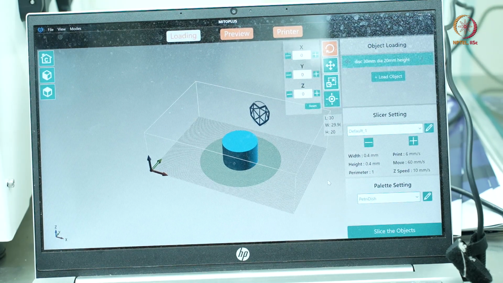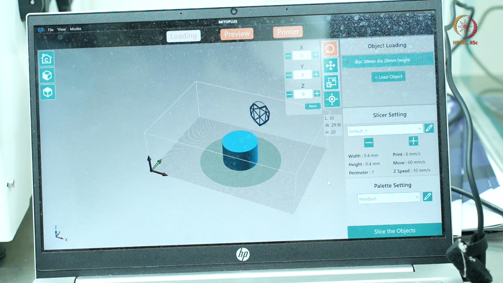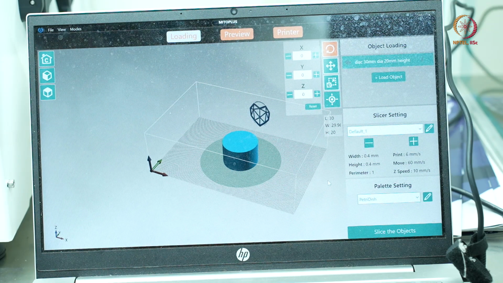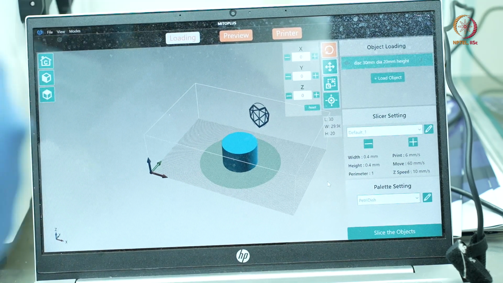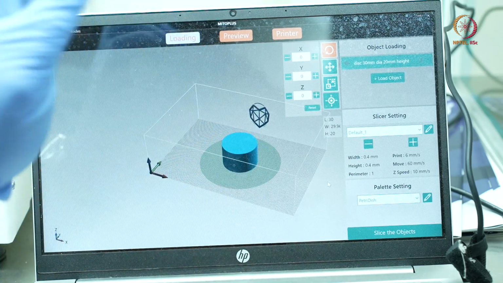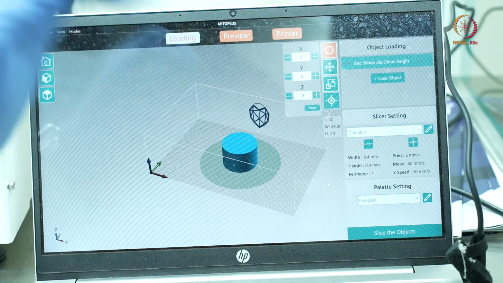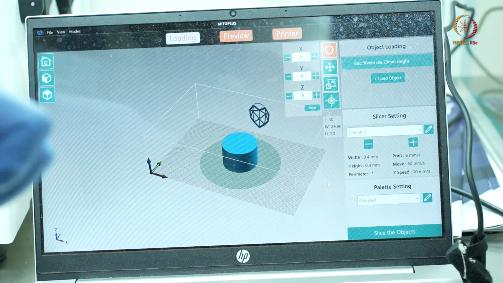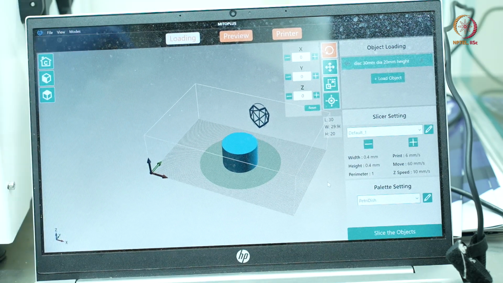design the way you want to design any scaffold structure. So for the purpose of this lab demonstration, I am going to show you only two types of structures. The first one is the matrix structures with designed porosity. Second one, I'll be showing you these hollow cylindrical structures.